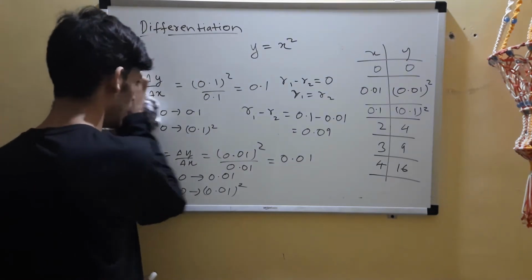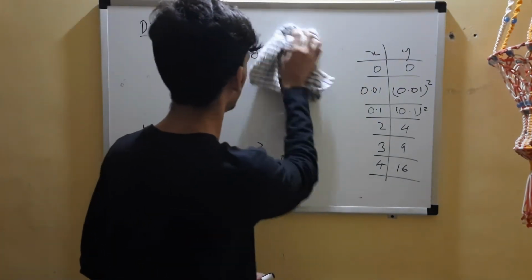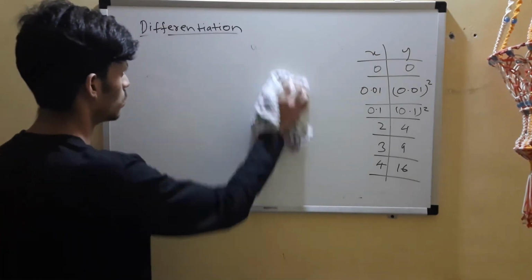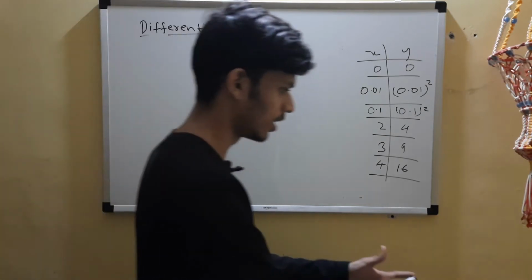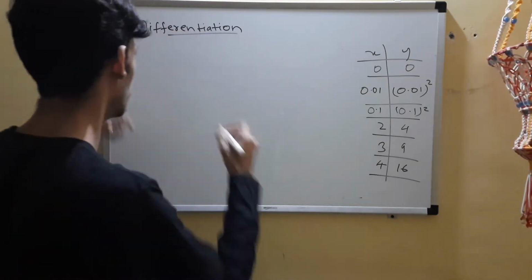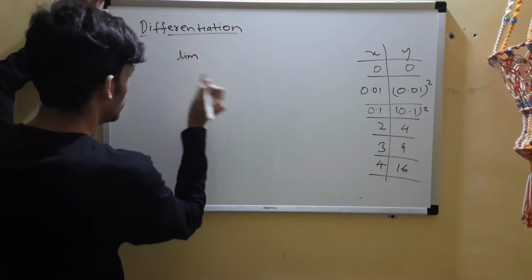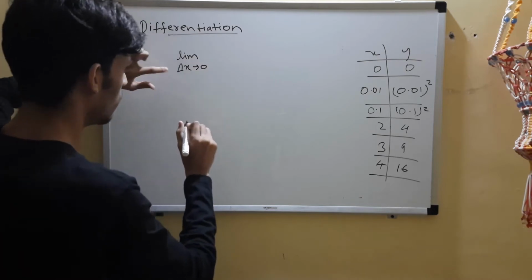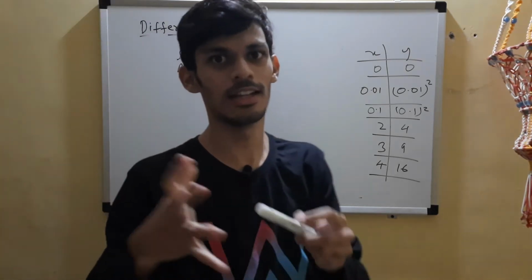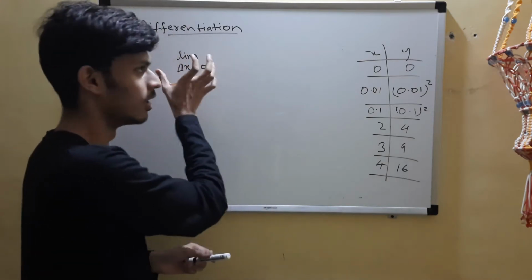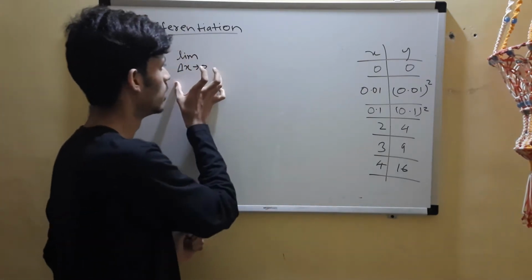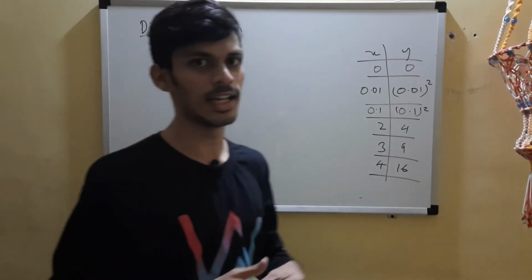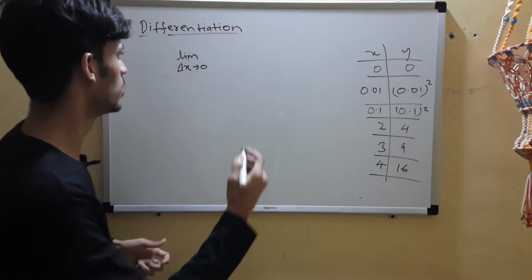I'm removing it. Removing the function as well. So the rate is approaching a value. The rate is becoming constant. And when is that? So you might not know this. What does this mean? Limit delta x tending to 0 means delta x is going very close to 0. That is what it means. You won't know it, even if you know, very good. If you don't know, don't worry. It means delta x goes closer and closer to 0.